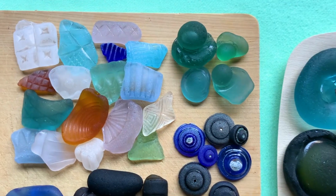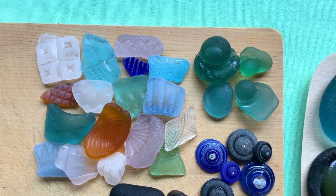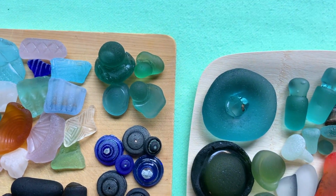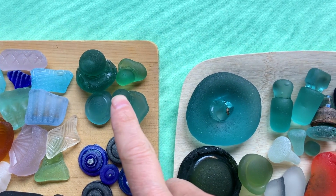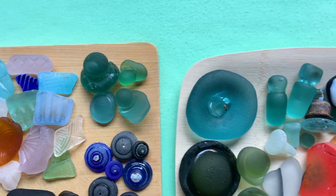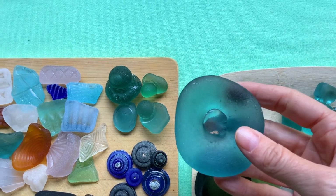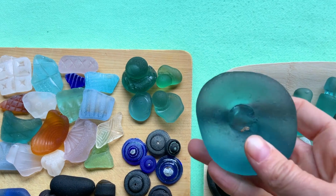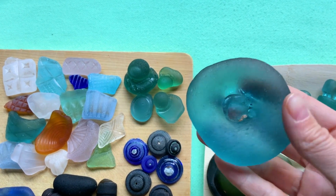Got your beautiful patterned glass, a lot of this coming from maybe decorative dishware and lots of pretty colors. And then these pieces are glass float seals. From this side on the left, those are coming from smaller floats, and then this here is from a larger float. And this is probably my favorite float piece or seal because it's got a beautiful color, perfectly frosted, and just